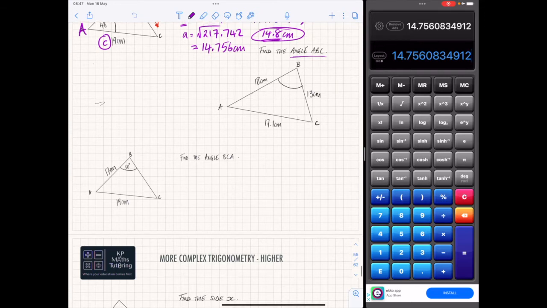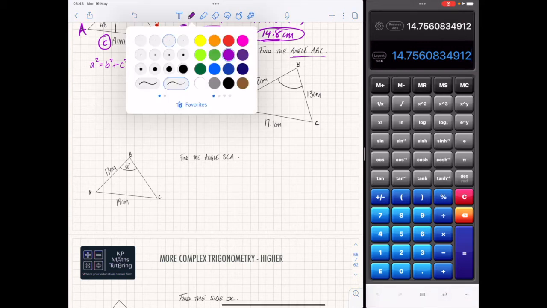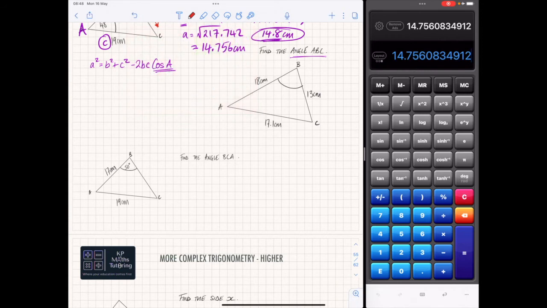Now, if you look at the original formula, a squared equals b squared plus c squared minus 2bc cos A, that initial formula, what we need to do is rearrange it so we've got this on its own. So by doing this, what you're actually looking at doing is isolating that. So let's break this down. So we can look here at swapping and rearranging these sections apart to get that cos A on its own. So because this is a minus 2bc cos A, I'm going to take that over that side, and it's going to become a squared plus